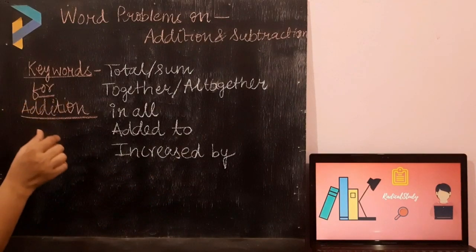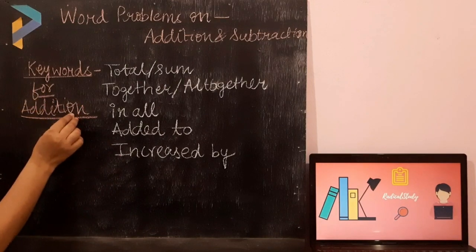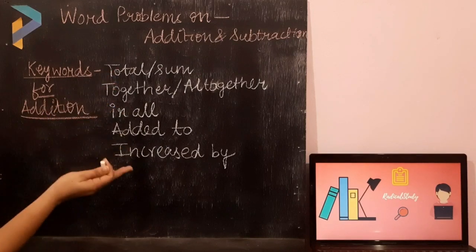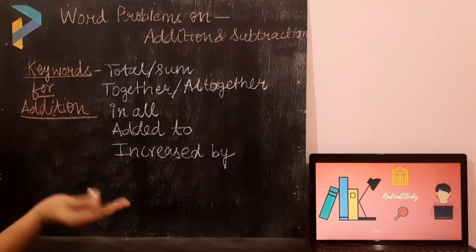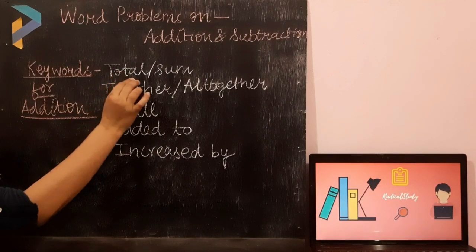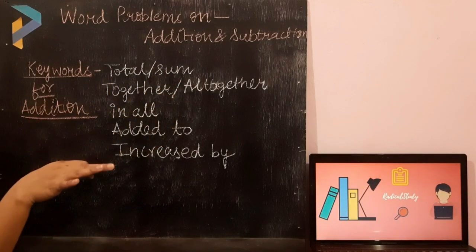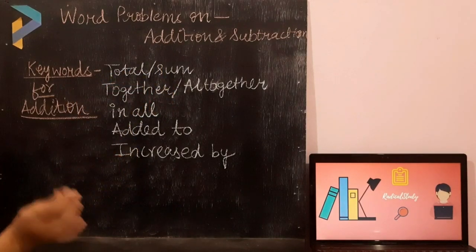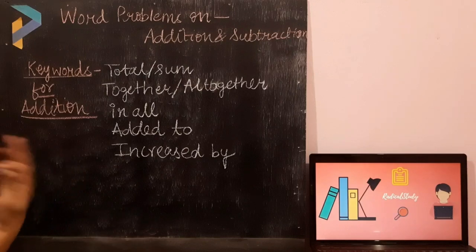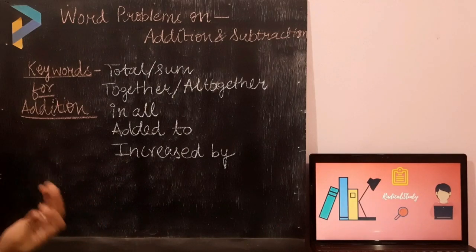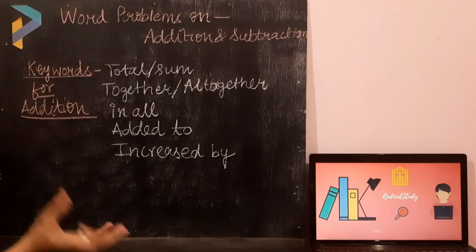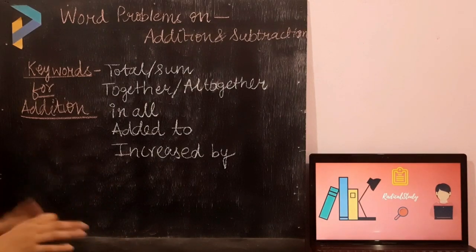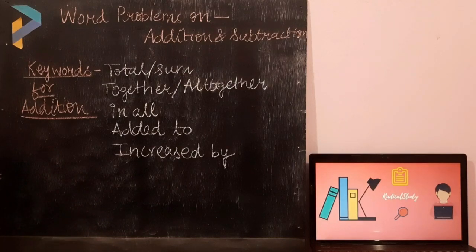So there are some keywords which are meant only for addition. These keywords are used only for addition and I have written them on the board. I will be giving you some examples also. The first keyword is total or sum. If there is a question in which this total or sum keyword is used, that means you have to add. The example is: find the total number of balls placed in boxes A, B, C, and in every box there will be some balls. So you have to find out the total. So this was the example of total.